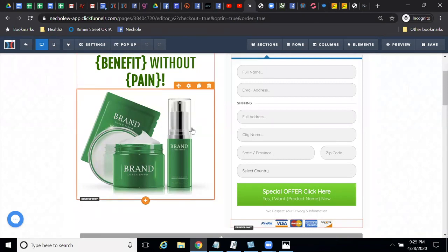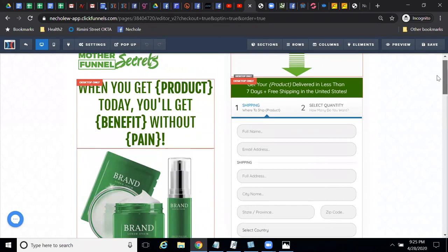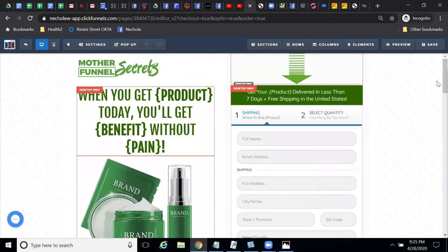Maybe you have a slinky that's a vintage slinky. We can sell it on this particular page with this funnel. You change out all the colors and you have a live funnel. In this example, this is a funnel that I could actually have go live. And if I have all of the text to go on the page, I can make the page go live in an hour. And I would want to connect it to the back end of